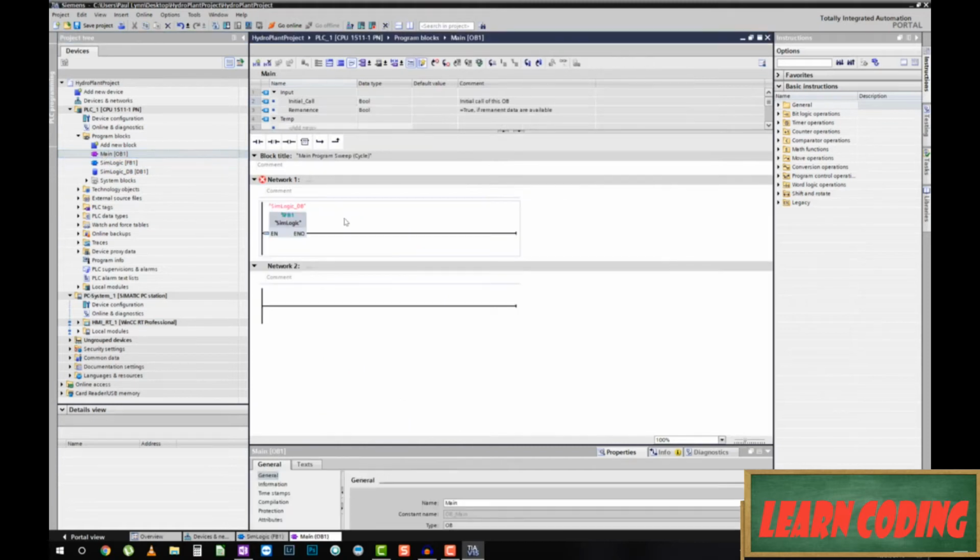Just leave it alone. Over here in Main, I'm calling SimLogic right here in the first network on the only rung that's in there. It doesn't matter if you put logic before this or if you put logic after this, but this needs to remain somewhere in your program. It needs to be run. It needs to be on a rung at some location inside of your program. Okay? So at this point, you're really pretty much ready to take off, but there's one piece of logic that